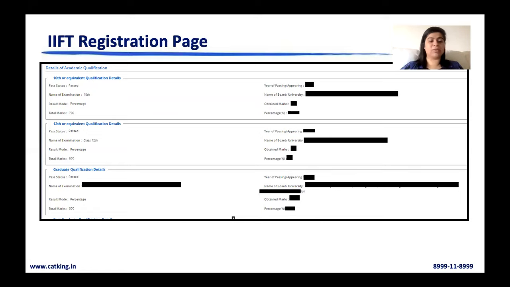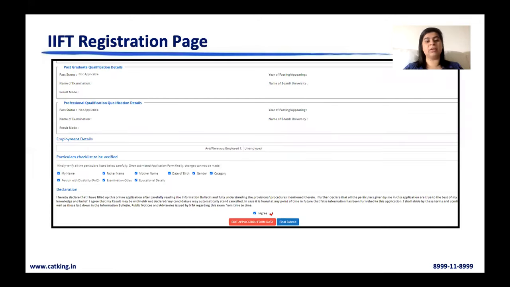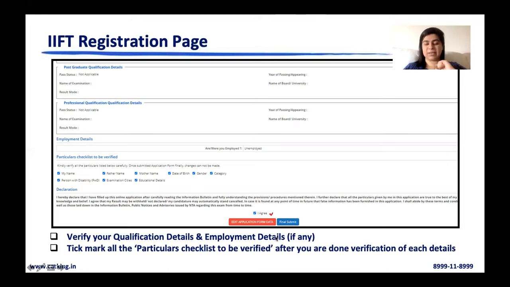Review all of that. Once you have done reviewing everything, you come to your final page, which talks about your professional details as well as your postgraduate details. You will verify. Look in the checklist, all the blue ticks are visible, which means our check marks are done. Checklist, I've submitted everything. Click on I agree and then click on final submit. In case there was some mistake or you want to change something, again you will click on edit application form data and update that. All right.